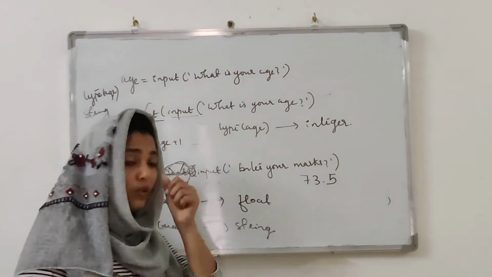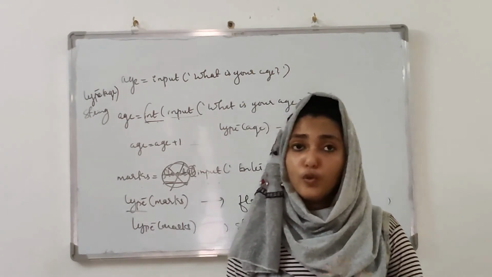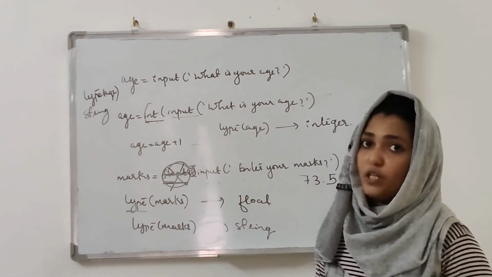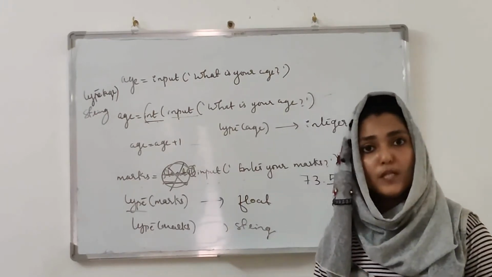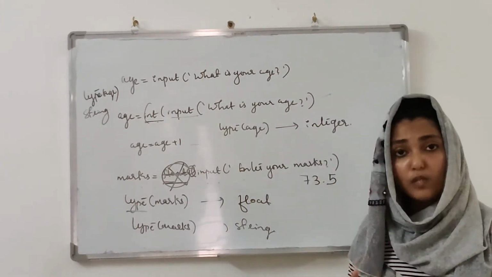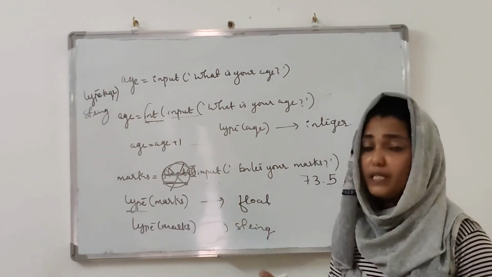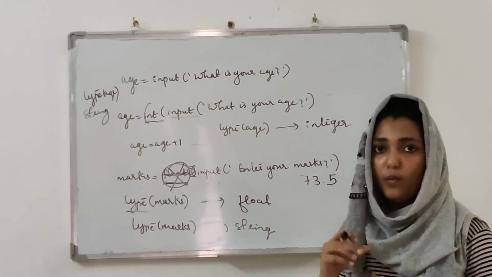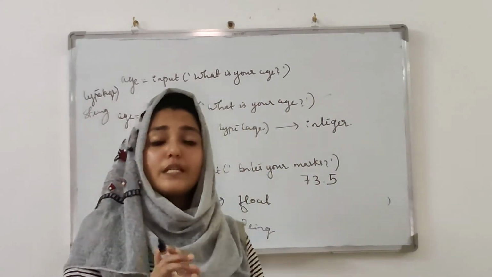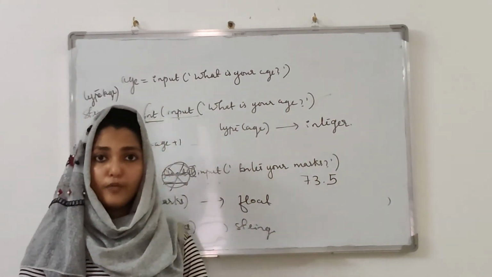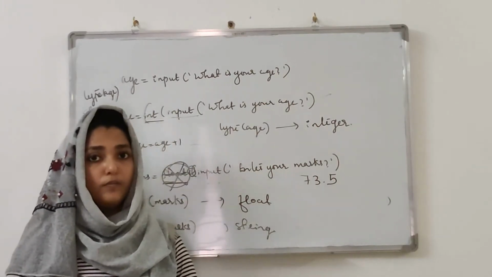So in order to read numbers from the user, we have to use two built-in functions. What are they? The first one is the int function, otherwise we can use the float function. Then only is it possible to perform operations with those variables. Otherwise an error message will occur. Why? Because Python will see it as a string instead of an integer or a floating point value, even though the user is entering an integer or floating point value.